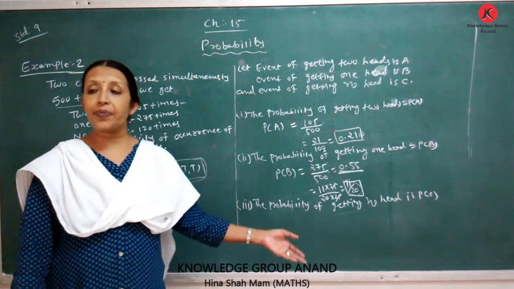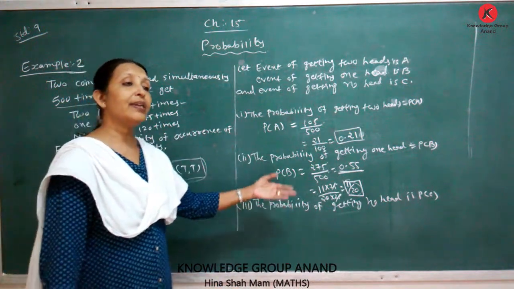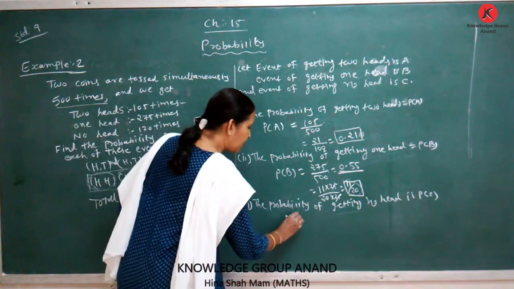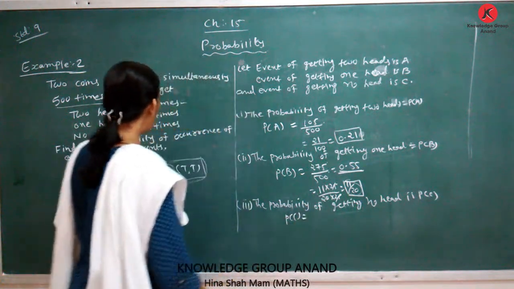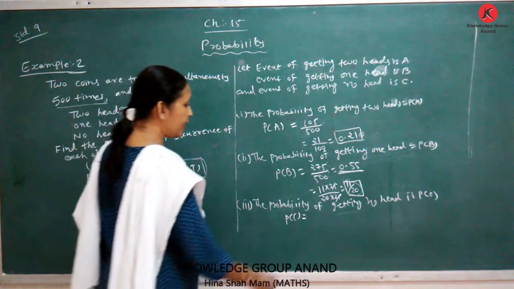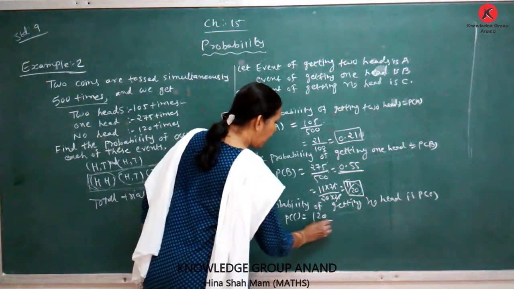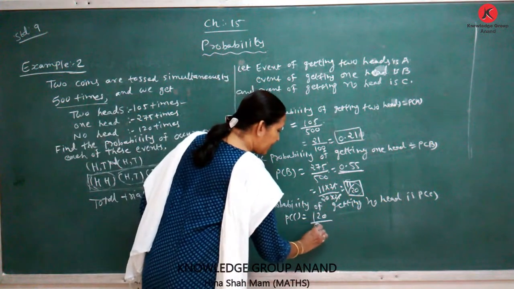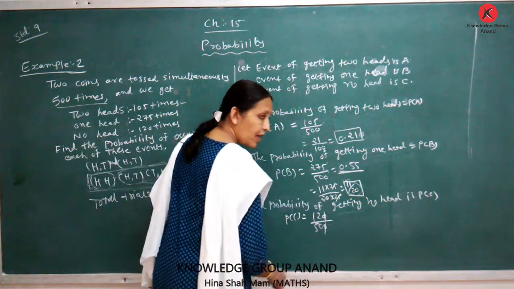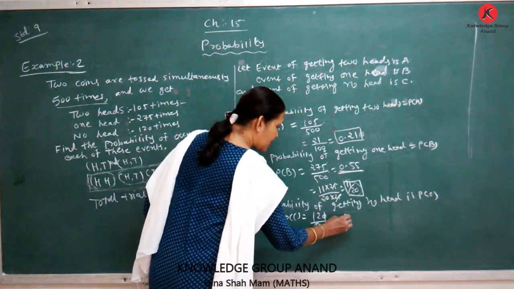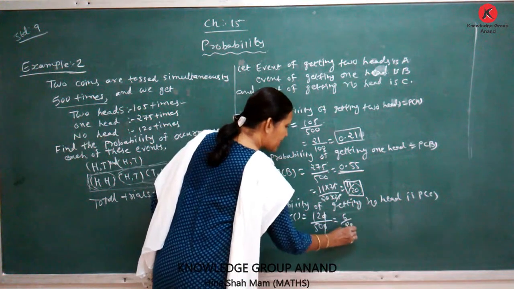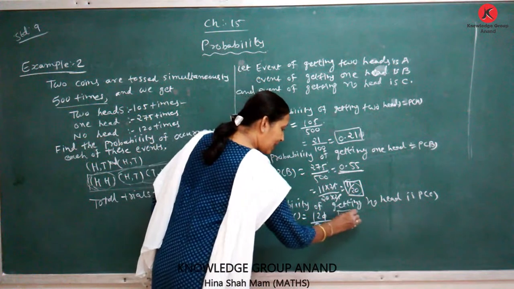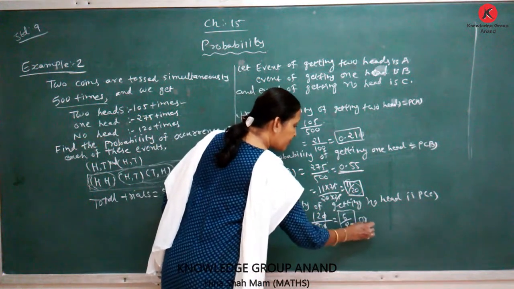Event is C. Therefore, the probability of getting no head is P(C). So P(C) is equal to the number of times no head occurs, 120 times, upon the total, which is 500 times. Here I get 6 upon 25. You can write it like this, or